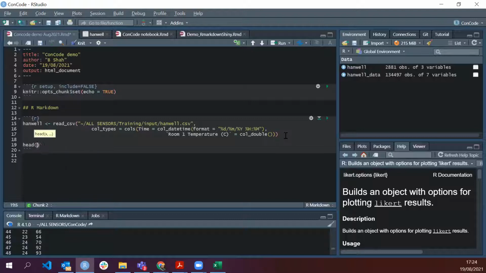You can just see the top. That shows you the first few lines of it. So you say how many first rows of your data you want to see. So you just want to see 5 rows. If you knit that now,